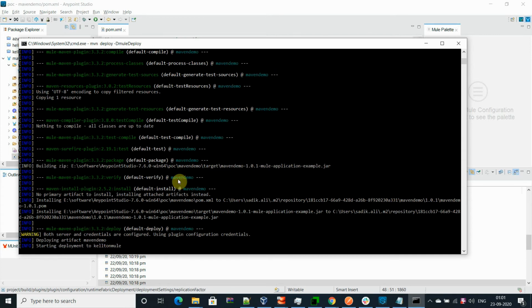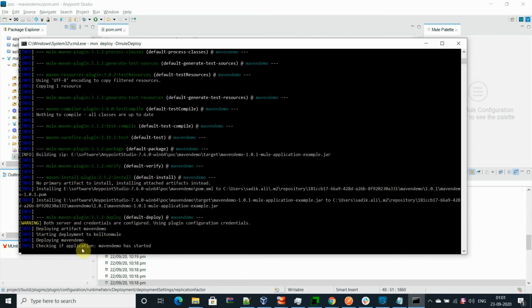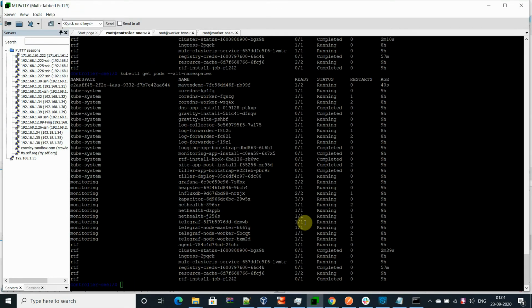It has started deploying in my Runtime Fabric environment, deploying the Maven demo. Checking application has started. Let me go and check what the status is here.